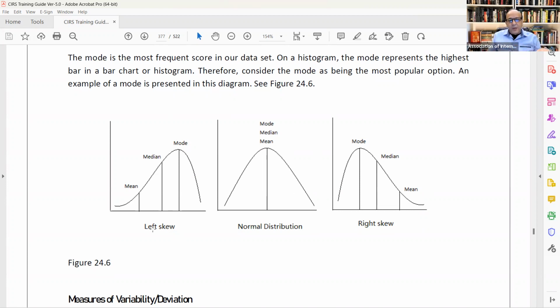So we don't have to worry about right skew and left skew. All we have to know is that there is mean, mode, and median, and these three need to be understood enough that if it comes in the exam where numbers or the chart is mentioned, you would know what it means. So if this median as a word is missing, and you only see in the exam this chart